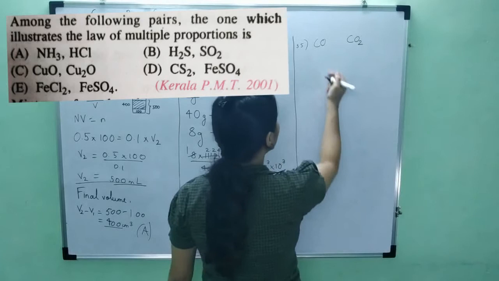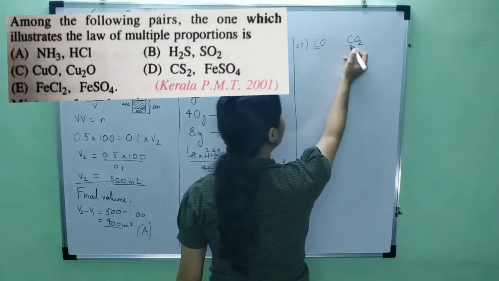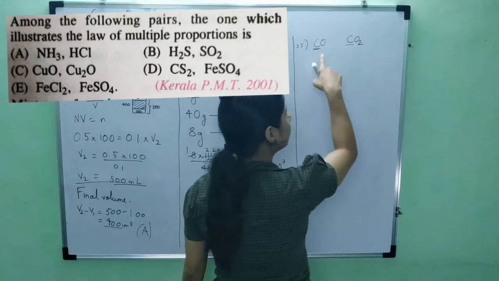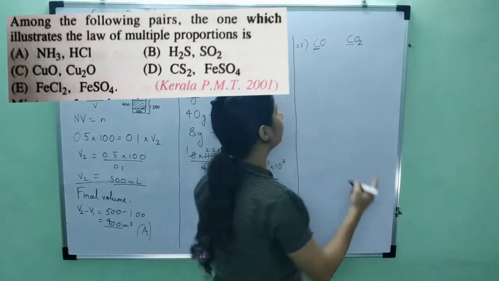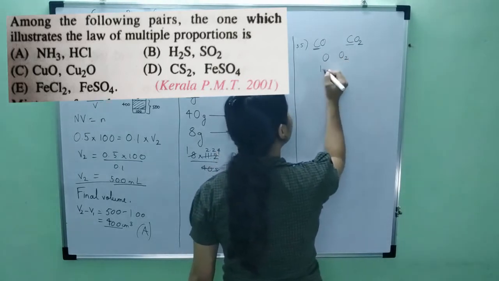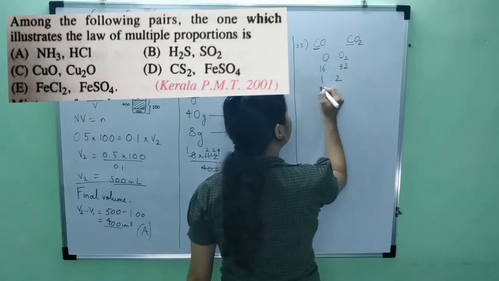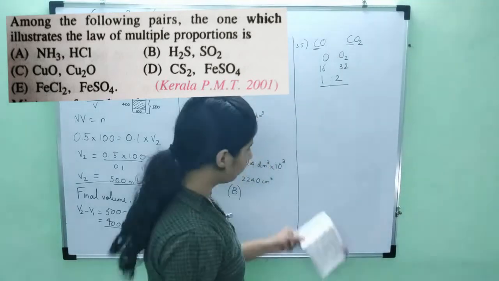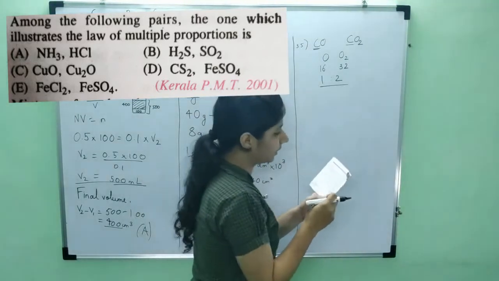So from the word you should understand. Two elements are forming two different compounds. The one which remains constant, we don't have to see that. The one which is changing, we have to see that. That bears a simple numerical ratio. So oxygen is to O2, 16 is to 32. So by weight, they bear a simple numerical ratio of 1:2. Right? Now, which of the following pairs shows the law of multiple proportions?